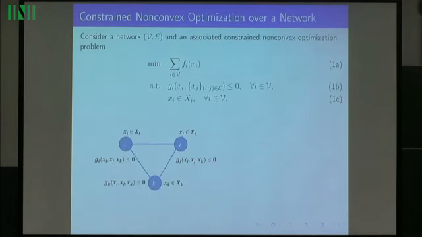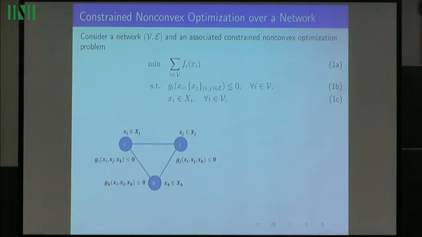Here is the motivation for our study. We want to look at a general network flow problem. You can think about this as ACOPF or other constraint problems on a network, where each node has a decision variable, which can be a vector, and each decision variable at a node has its own local constraint set, big X_i, and also every node has coupling constraints. For example, node i has a g_i constraint that involves the variable x_i and also adjacent nodes' decision variables when they're connected. So this is the constrained optimization problem, where we have a decomposable or summable objective function where each node has its own objective function, and we're minimizing the sum, subject to local constraints at every node